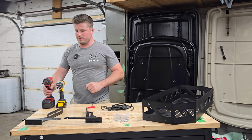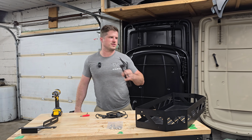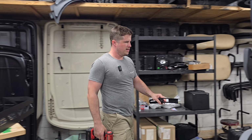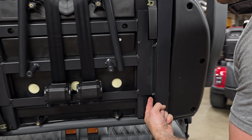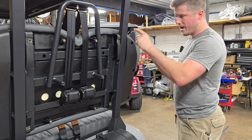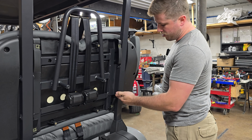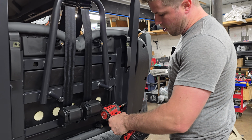Now we need our 10mm socket, and let's start with the passenger side mount. So if you want to come in here and look, you will see we got bolts right here that are bolting the backrest to the roof support. These are the bolts we need to install our CartRack. So we take our 10mm socket, and all we're doing,